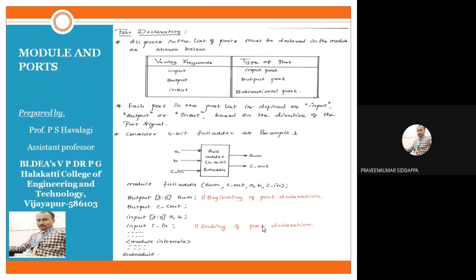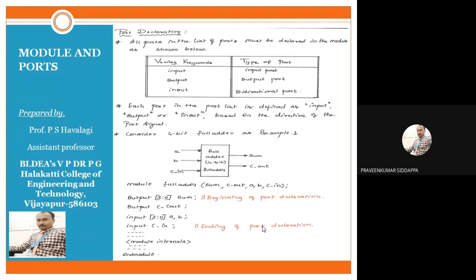Okay, here we have given one example for port declaration. Here we are designing a 4-bit full adder. For this 4-bit full adder, A, B, C in are the inputs and sum, C out are the outputs. Okay, how will we write it? Model full adder, sum, C out, A, B, comma C. The first syntax is an example for the list of ports. The list of ports is written, but we have not written which are the inputs and which are the outputs. That port declaration should go in the second line.